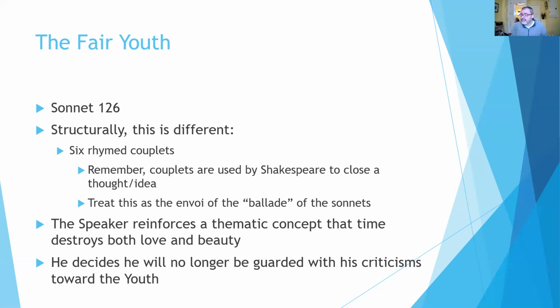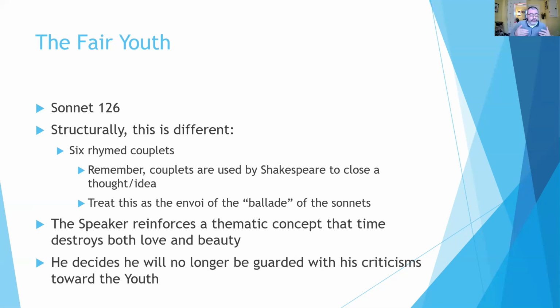Instead, it consists of only 12 lines instead of 14. And rather than having 3 quatrains and 1 couplet, it has 6 couplets. A couplet, by the way, is 2 lines that are successive and that rhyme with one another, and they rhyme with a true or perfect rhyme, usually. And so when we think about what a couplet is for Shakespeare, we know that a couplet really is used by Shakespeare many times to sort of end or close a thought out, or an idea out, I suppose. So in this case here, he's ending the story with a poem that's built by nothing but couplets, or a sonnet that's built by nothing but couplets.